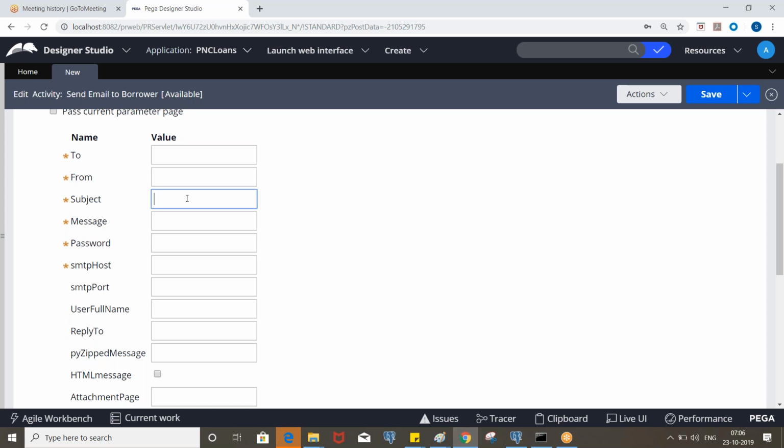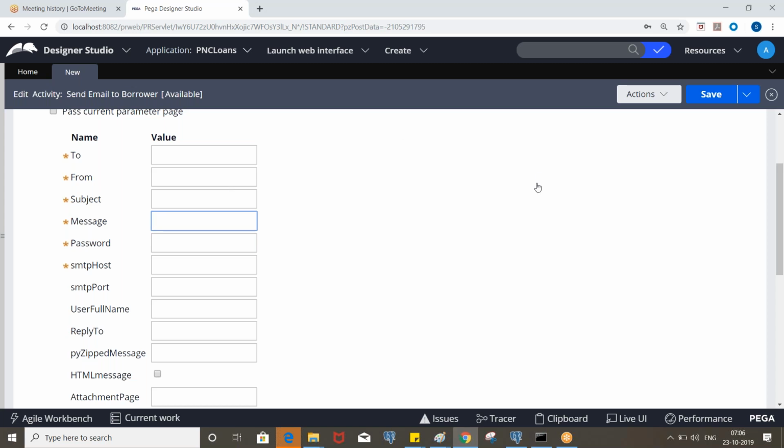The subject we can either hard code or pass dynamically, and the message is the email body, so here we can write the body of the email.